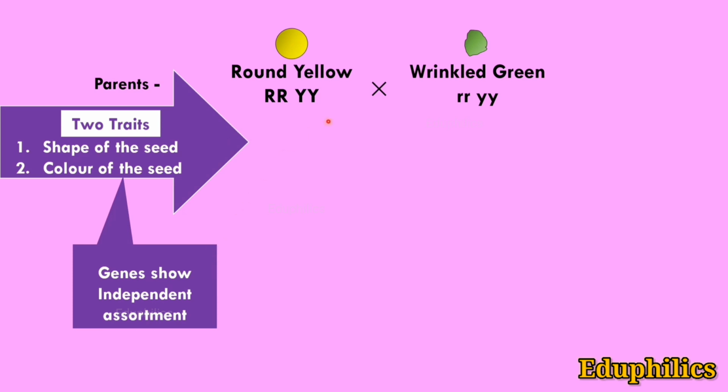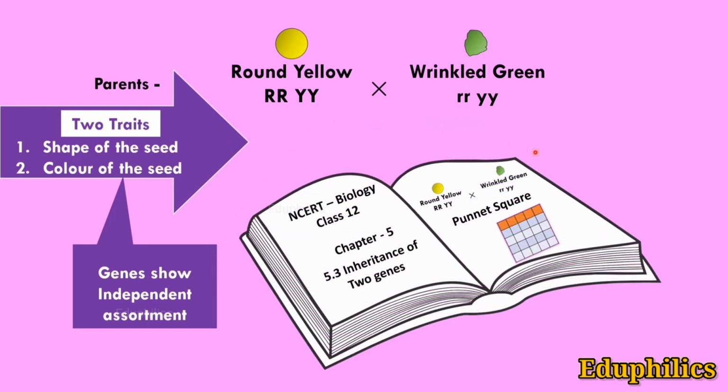This is the same cross given in NCERT textbook. In the textbook, they used Punnett square to find the genotypes and phenotypes of F2 generation. We are going to find the same phenotypes and genotypes by using Folk-Lyon method. I selected the familiar example so that you can learn this method easily. If you know monohybrid crosses, learning Folk-Lyon method is very easy. Let's start writing the cross.